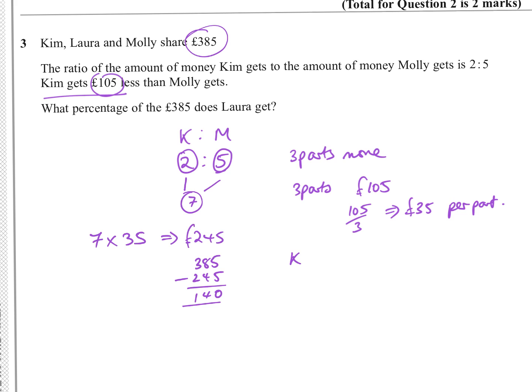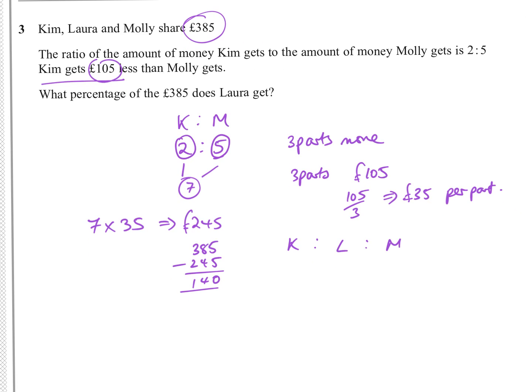Now let's write it out as a treble ratio. We know that Laura gets £140. Kim gets 2 parts and 2 35s are 70. And Molly gets the rest. So you can either do 5 lots of 35, which is 175, or add these two up, which is 210, and then take that 210 away from 385 will also give you 175. But you want it to be in the smallest ratio possible, so I'll just divide these all by 35, and so you get 2 to 4